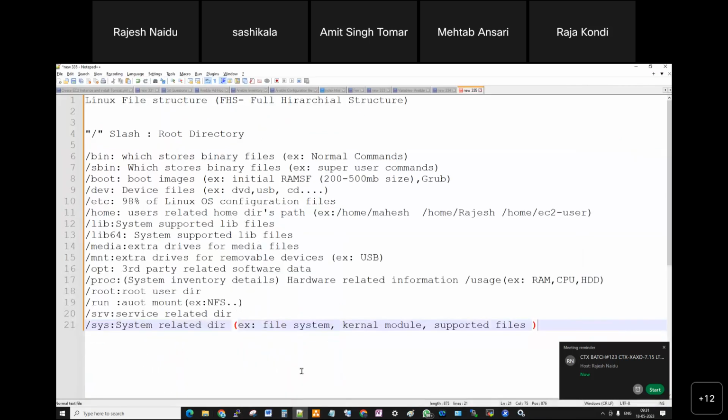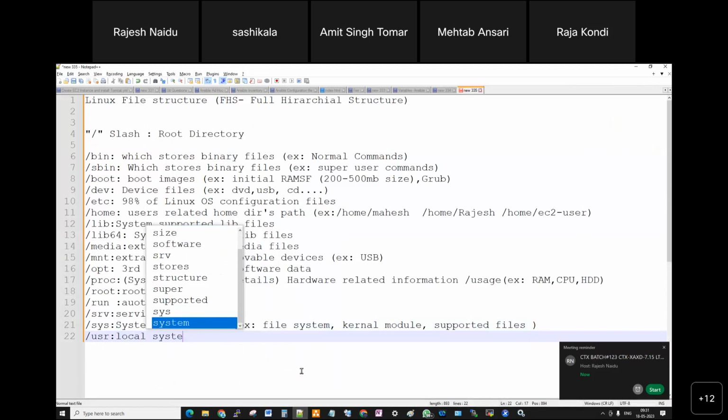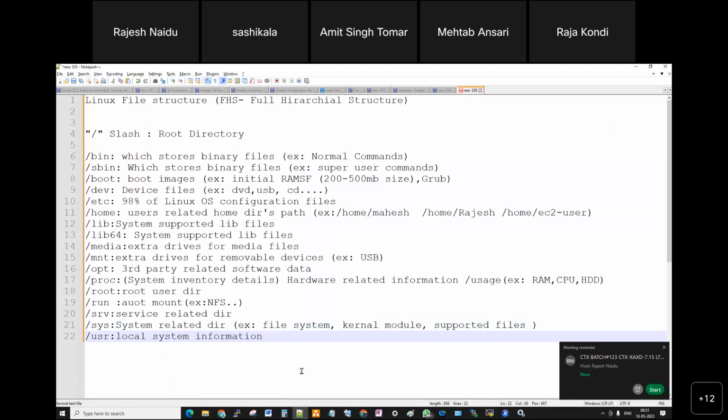Next, /usr, the user directory. Local system information will be there.